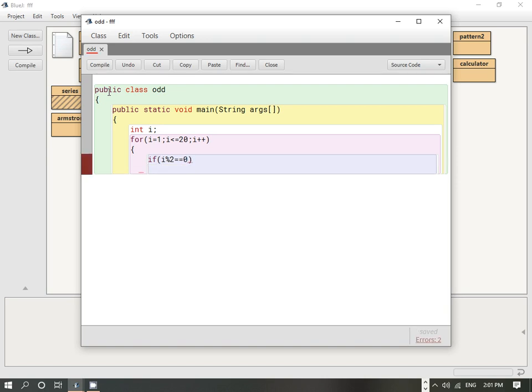Now if this is true, then we will continue, meaning we will go back to the loop again. So here we write continue.